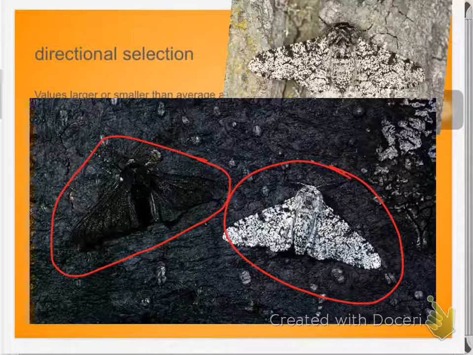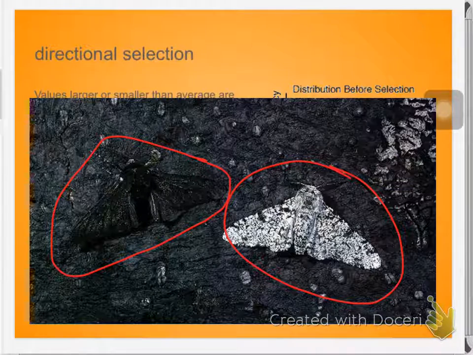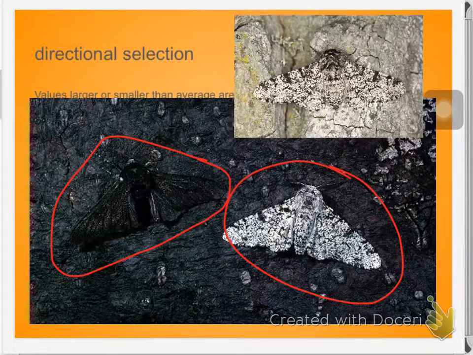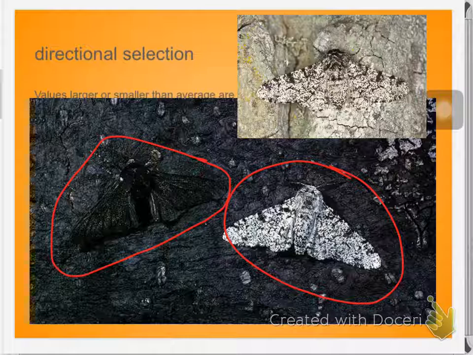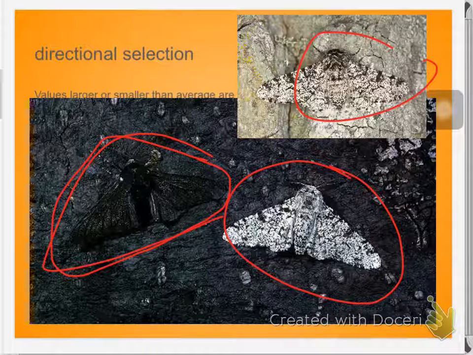So prior to industrialization, when you had those very light-colored moths, they were pretty well camouflaged. Birds didn't eat them. Great. After you cover the barks of the trees with coal soot, suddenly they stick out like a sore thumb. And there's variation in the population. You have a range of moth colors. You have everything from really, really light ones to ones that are more an even mix, to some that are really pretty dark, that have almost no speckling.